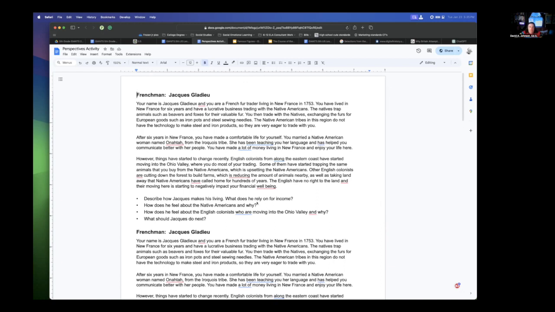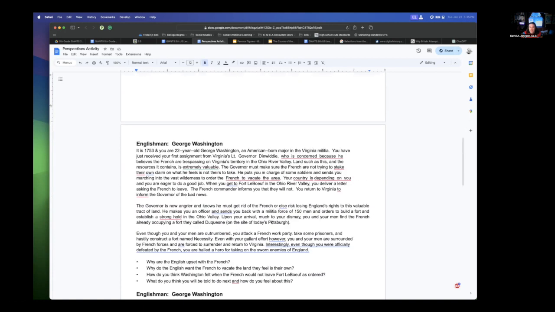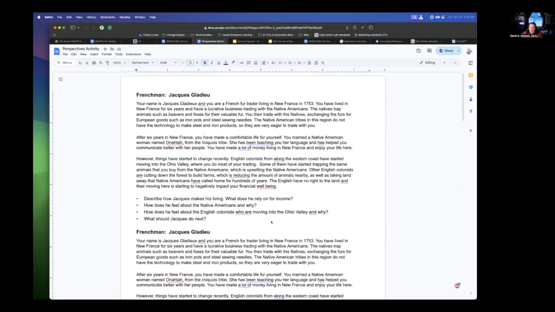And you're going to break your students up into groups of 3. And you're going to explain that each person in their group will explore one of these 3 perspectives involved in the war. You've got a Frenchman, an Englishman, and an Indigenous person. And all 3 of these people are real people. You'll obviously recognize George Washington's name, but the other 2 were also real people. We did a little bit of research for this and reached out to some friends for some help, in particular